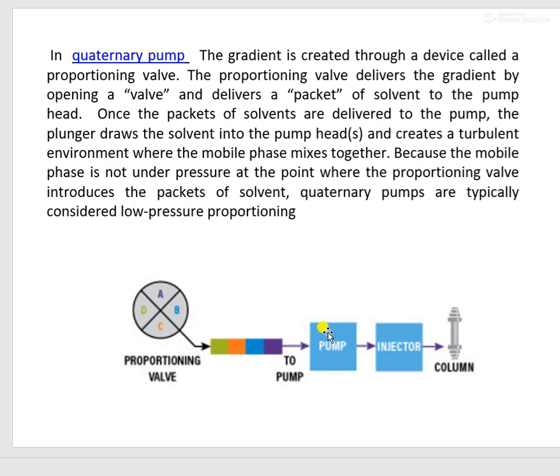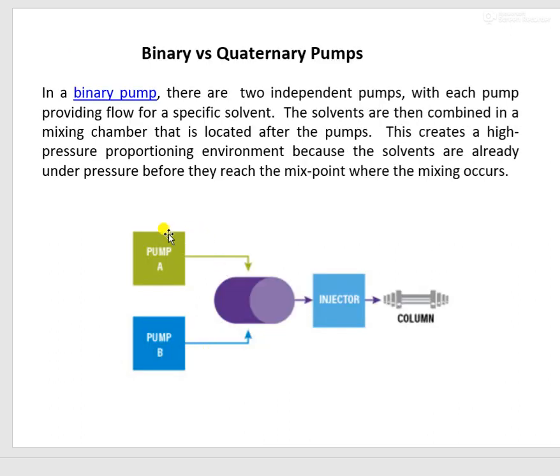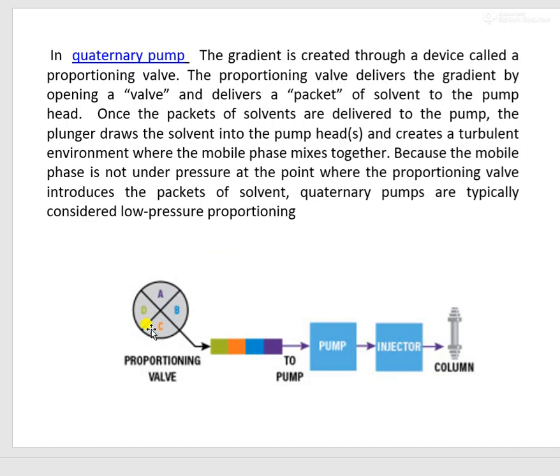So these are known as low pressure. Now why is this low pressure and this high pressure? Here the pump has to do both roles, mixing and pushing the mobile phase towards the system. So there will be more pressure generated. Here mixing is done before it is entering the pump.